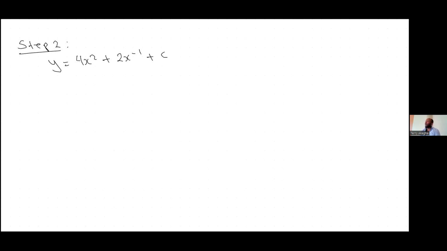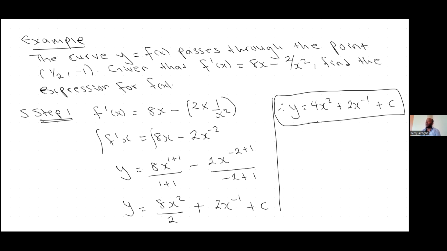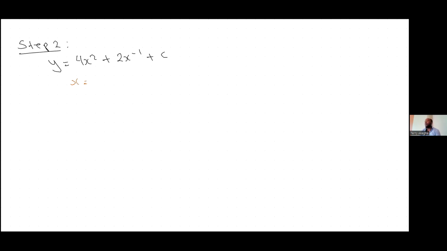Because from the question, we know that x is equal to half and y is equal to minus 1. So we can now go back here and put it back. Anywhere you see x, you put half, and where you see y, you put minus 1. So when we substitute this now, we're going to have minus 1 is equal to